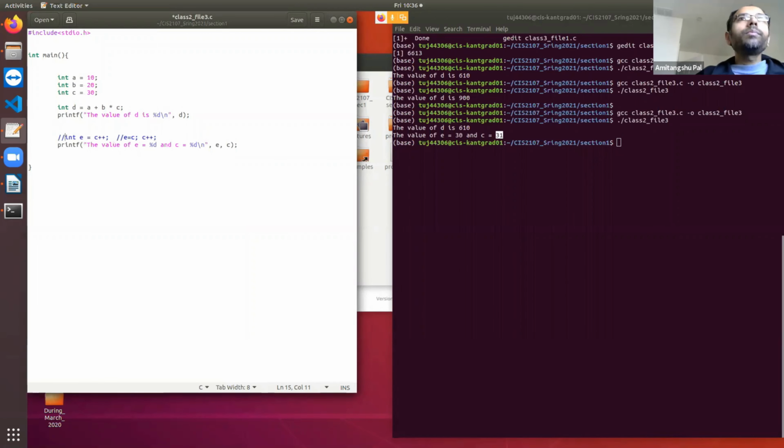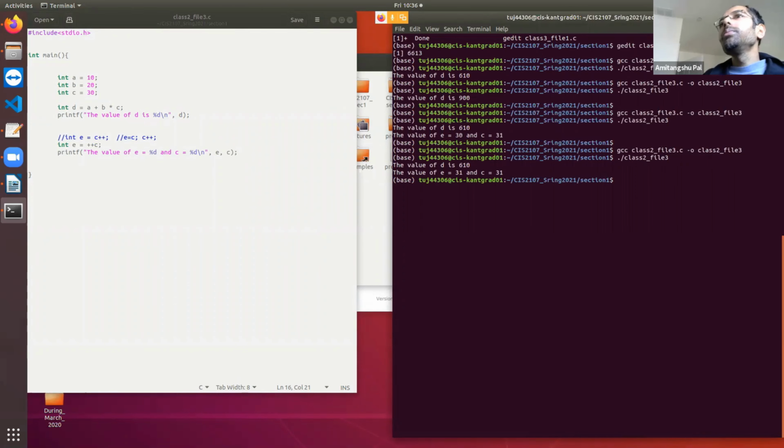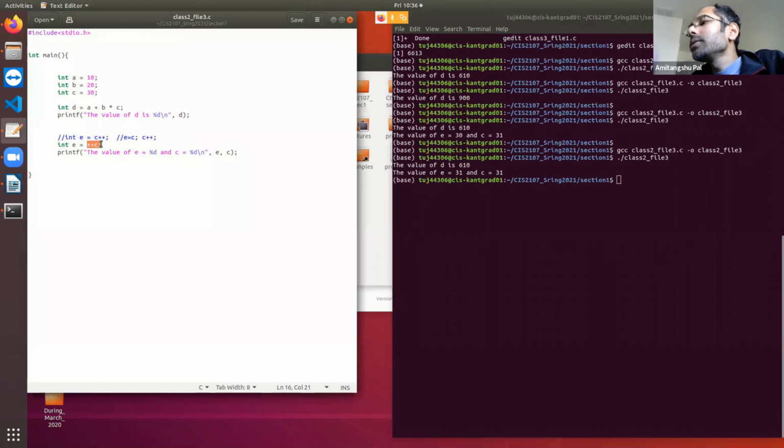Now let's see. Instead of writing E equal to C plus plus, if I write E equal to plus plus C, what is going to be the answer? Both will be 31. Why? Because plus plus C is a prefix operator. C plus plus is a postfix operator, plus plus C is a prefix operator. Prefix operator means first the increment will take place, then the assignment will take place.